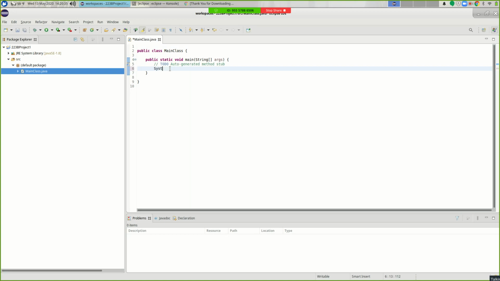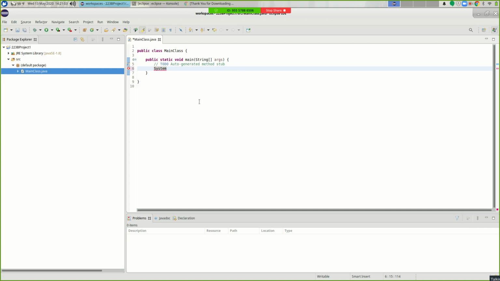So I'm going to say system, and it turns red, right? It gets underlined in red, and I get a little red X over here, and a little red X over here. And it's possible that as soon as something turns red, you think that you've made a mistake. Okay? That's not the case. If I hover over this, it'll tell me syntax error, insert semicolon to complete block statements. Well, I don't want to put a semicolon here.